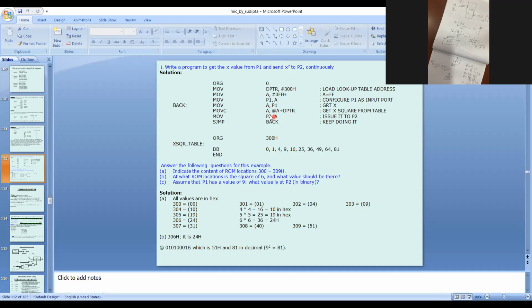So 09H comes into the accumulator. Then the accumulator content will be sent to Port 2. So Port 2 will be x square, that is 09. Is it clear to all of you? Yes, sir.